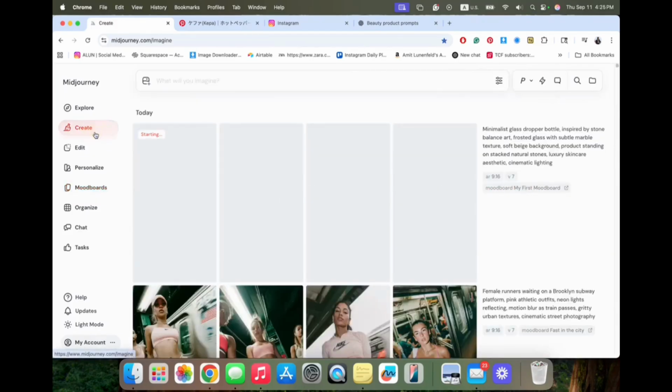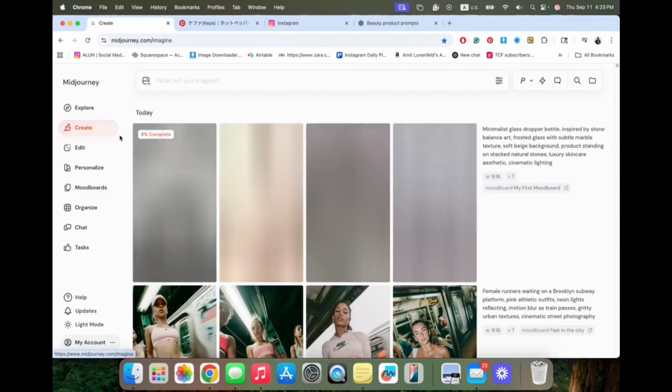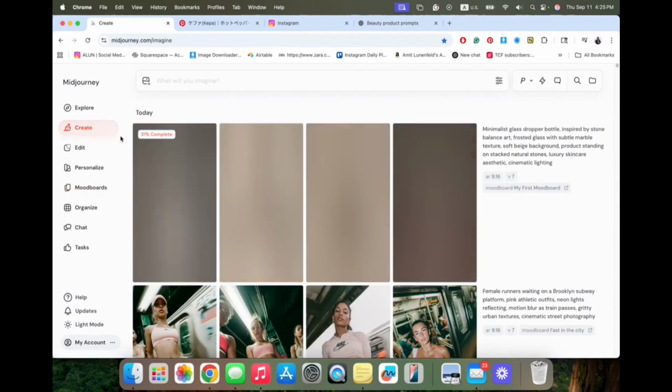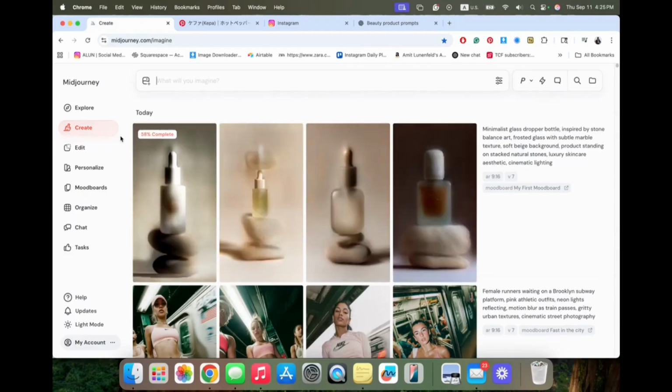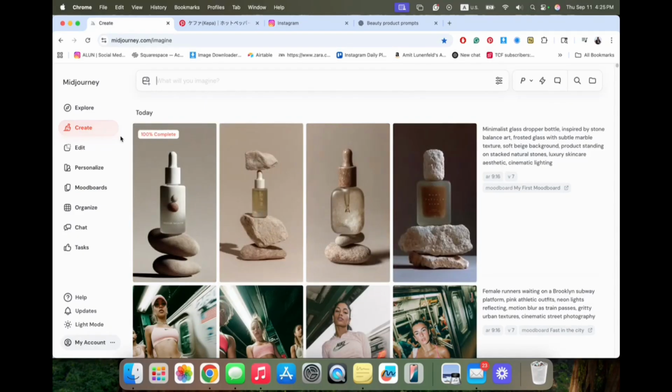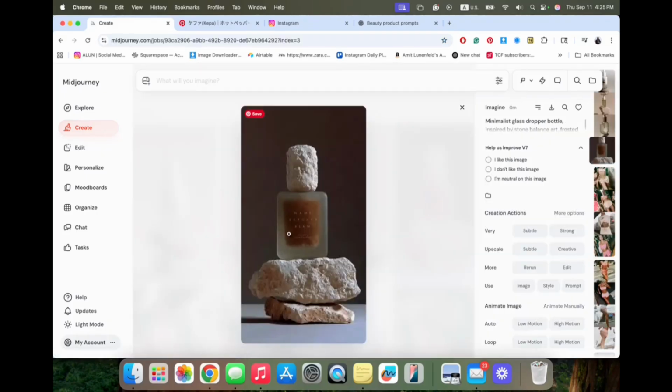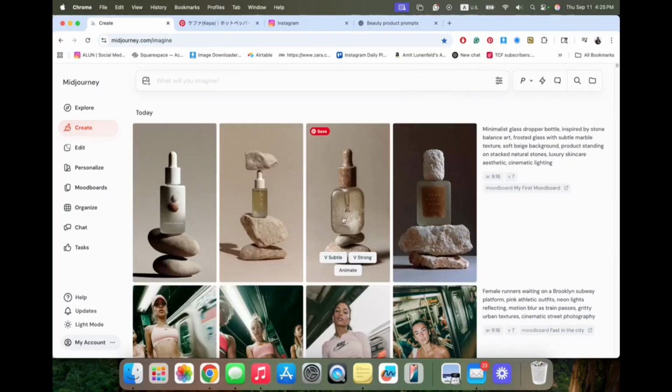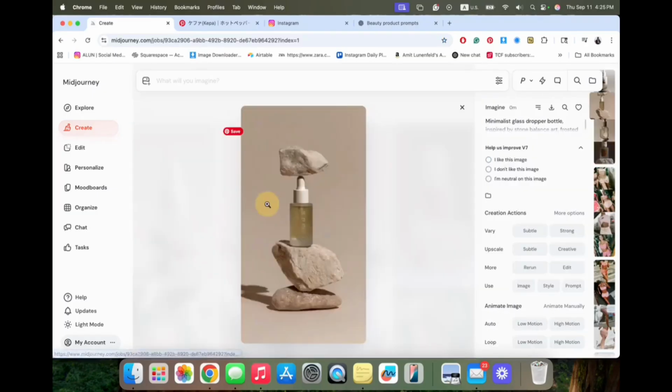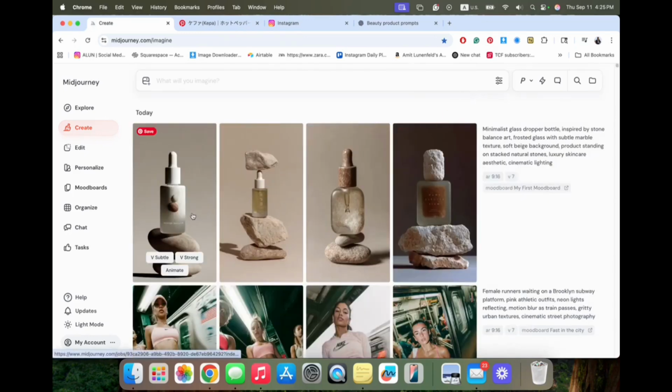Now let's see what we get. For Midjourney, it's really important to teach it what you like and what you don't like. So in case you like the result we got for this project, we want to mark it. Wow, this looks beautiful. We have this example, this doesn't look so good. This looks really good. Ignore the text. We can later go to Nano and erase it and place our logo. So it doesn't matter. I will show you later how to do it.